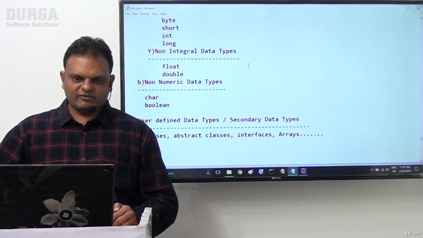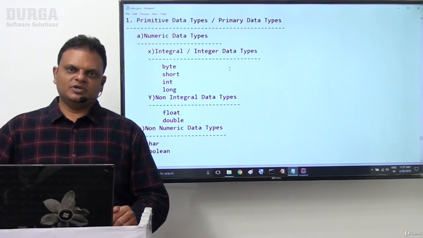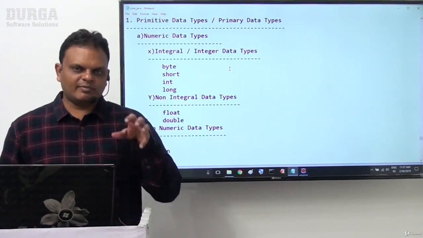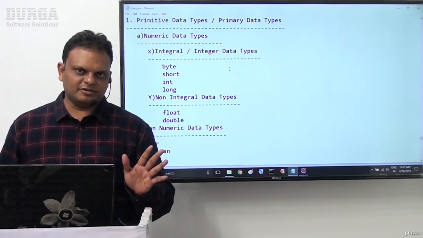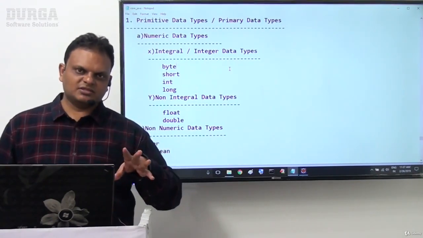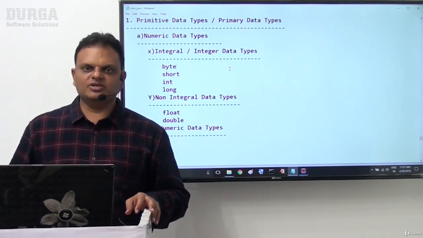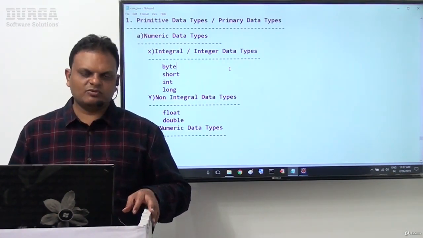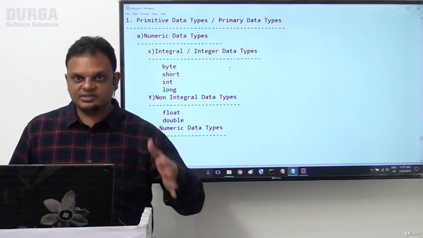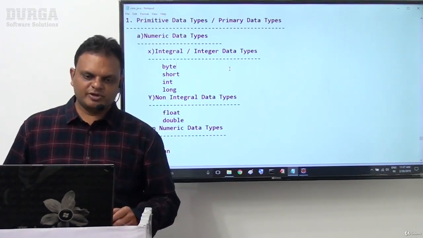For these data types, we now have to go for memory sizes. Java is a statically typed programming language, so at compilation itself the type must be provided. In Java, fixed memory allocations are available for primitive data types, but variable memory allocation is available for user defined data types. We can't decide exactly the size of the data for a user defined data type, but we can decide exactly the size for primitive data types.